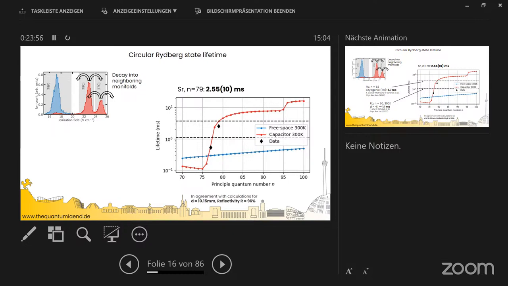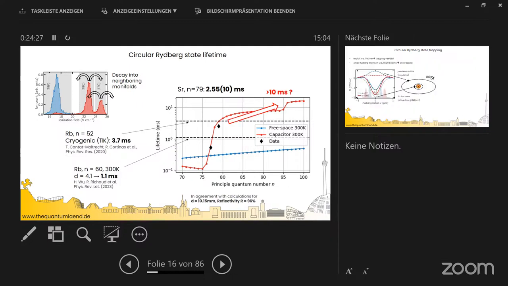If we plot the lifetime as a function of principal quantum number, we would really expect a steep rise of the lifetime at a certain principal quantum number where the black body field is going to be suppressed due to the distance of our plate. So the plate capacitor is actually expected to act at around n equals 80. And if we go higher in the principal quantum number, we believe that we can reach, hopefully, lifetimes that are going towards the 10 millisecond range. And I would really like to point out that this is competitive